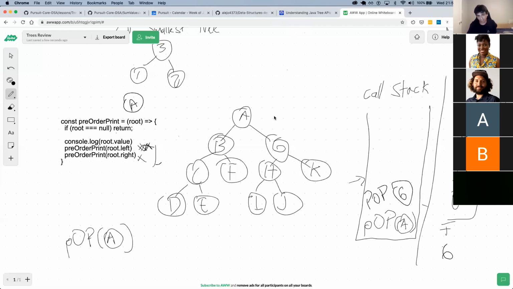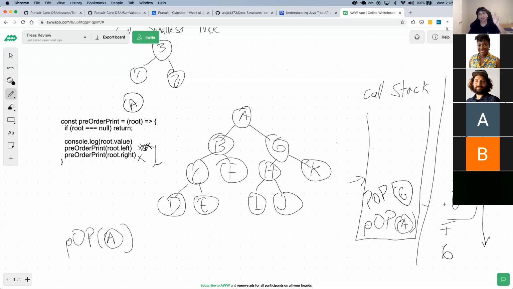And this is true. I will encourage you to do the same thing for the in-order, pre-order, and post-order. You will realize that the only thing that changes is when elements get added to the stack and when they get console logged. If we put the console log in the middle, it's called in-order. If we put the console log at the bottom, it's called post-order. And if you follow the steps that I was doing here, by looking at the code, adding things to the call stack as the code is executing, you will be able to see that the printed output, we can see here, is in alphabetical order.